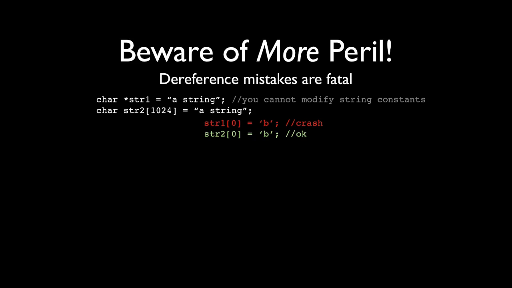What you've got to do instead is create storage for an array. And because C is a weird language and there are these little exceptions all over the place, kind of like the English language, that second one actually copies the array constant into the array. It's one of the few times in C where setting an equal sign between pointers and non-pointers actually causes a copy. But the best way I can tell you about this slide is just keep it in your mind if anything goes wrong with a string and you can't figure out why. This is probably what happened.